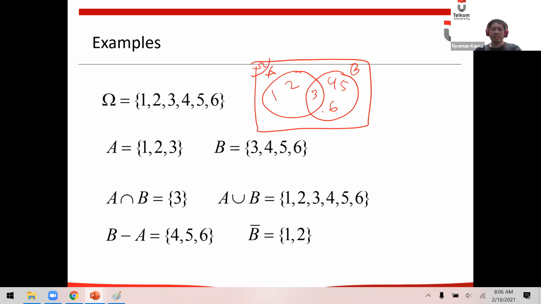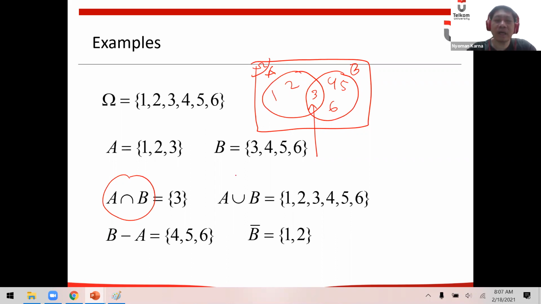Now, A intersect B. What is the set that has the elements of A and also in B? The intersection is 3, because 3 is the only element that belongs to A and also belongs to B.